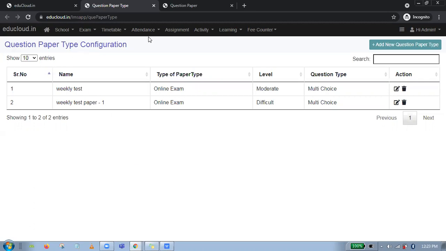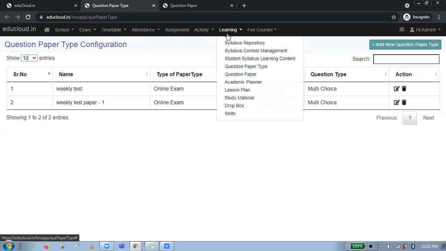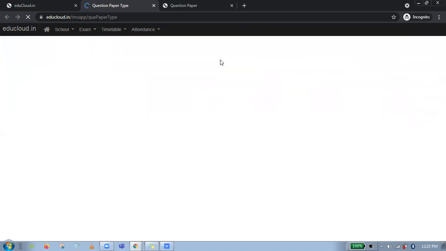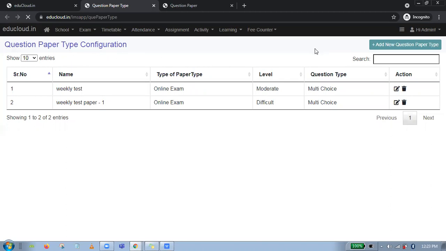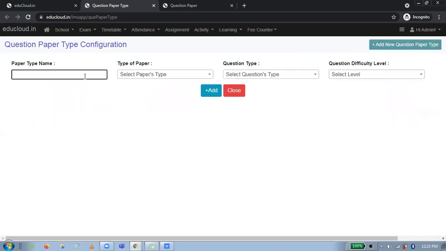How can you create those question paper types? You can go to Learning and click on Question Paper Type. You will be able to see this question paper type configuration dashboard. Let's say I'm clicking on Add New Question Paper Type. I'm selecting one type, let's say annual question paper